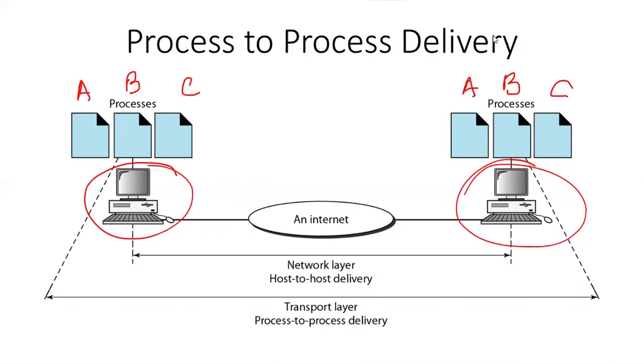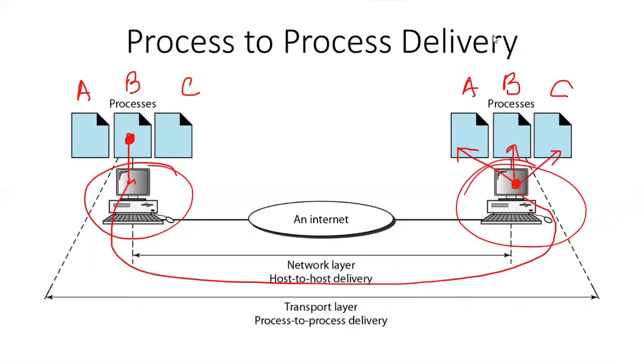Now, suppose I want to send an email from source to destination. The mail will be generated by this process. Let's say this is the email application. It will generate the data and give it to the transport layer. This mail passes through the network layer, the data link layer, the physical layer, and so on, and finally reaches the transport layer of the destination. Then at this point, it must make a decision as to which application this will be sent to.